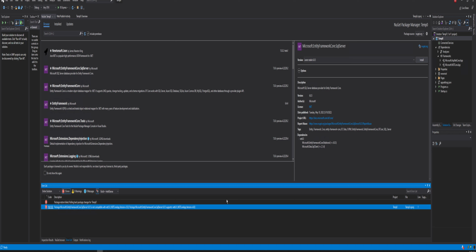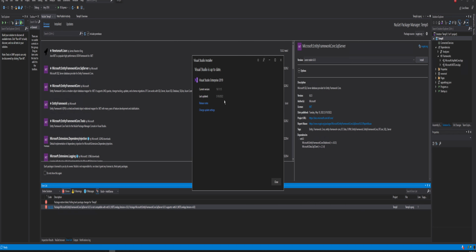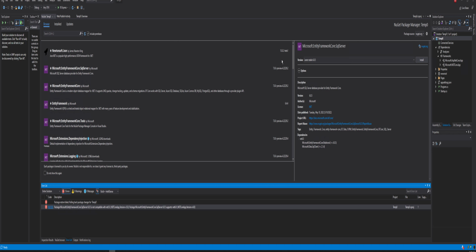So if you read this message, it pretty much tells you exactly what's going on, but it's not completely obvious to some. We installed version 5 of .NET when we loaded because that was the most current version available to us. And I do have the latest version of Visual Studio installed, and I can check that by going to Help, check for updates. And as you can see, the current version is currently installed and I don't have an option for a newer version. So I don't have access to this .NET 6.0 that this